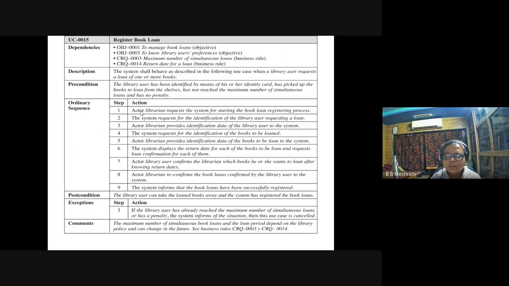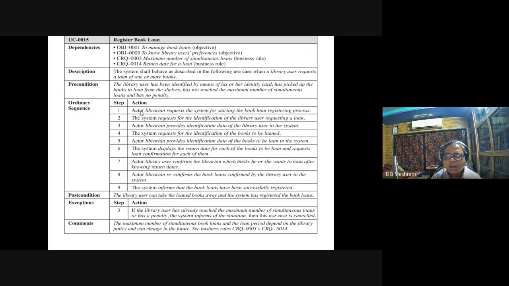Sixth, the system displays the return date for each of the books to be loaned and requests loan confirmation for each of them. Seventh, actor library user confirms to the librarian which books he or she wants to loan after knowing return dates. Eighth,